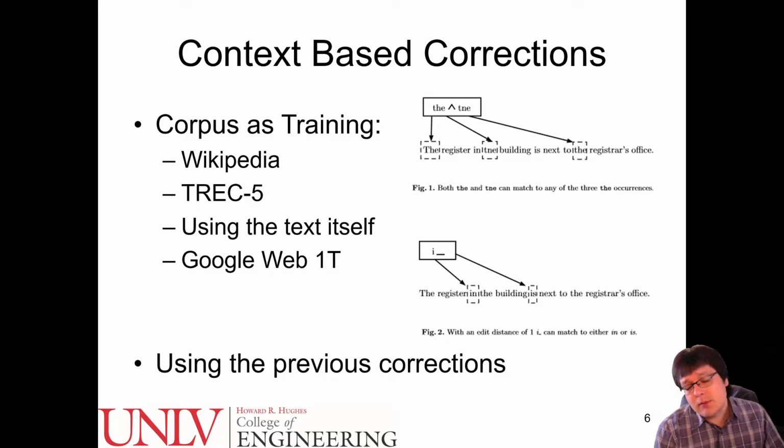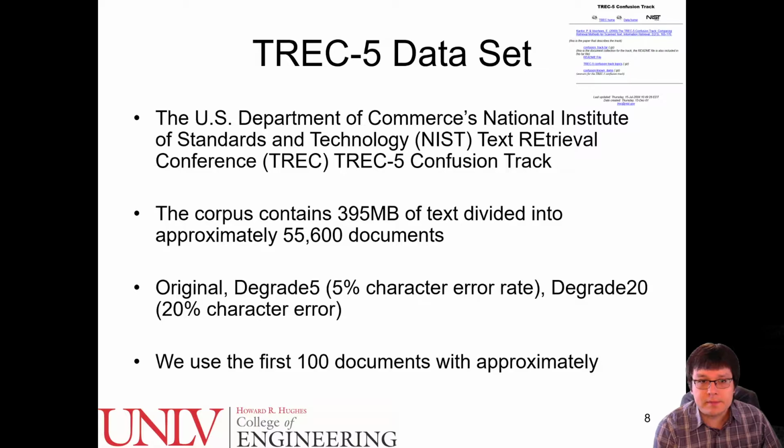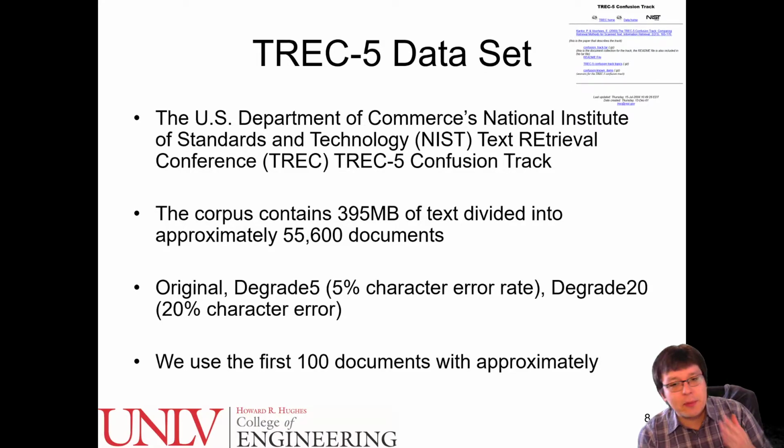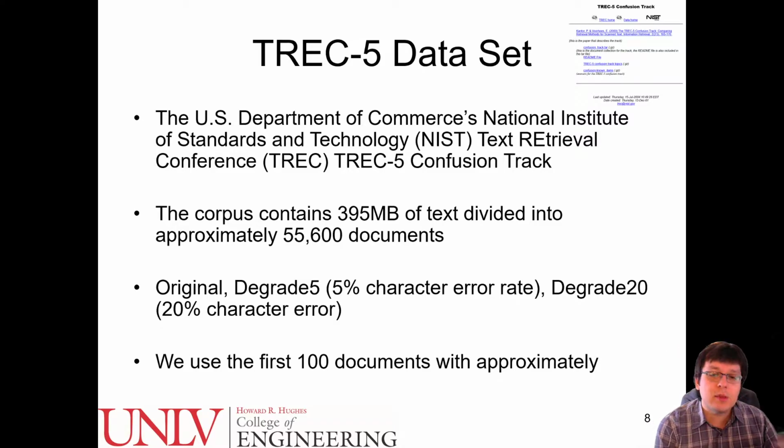And so there's more than just Google to be able to generate these corpuses, because you can get it from anything. And in one of the papers that we have pending publication, we actually did it with Wikipedia. We used Wikipedia as a training corpus. You can just use the text itself. In this case, we are using TREC-5, which is an OCR data set, where it has the original data set and it has a 5% character degraded data set, where they basically scanned a bunch of, I believe they're newspapers,